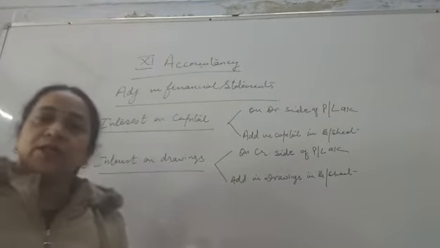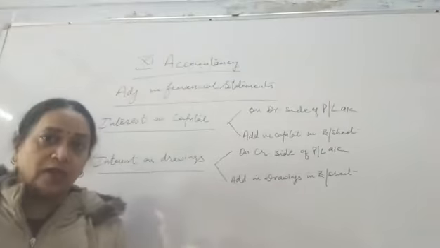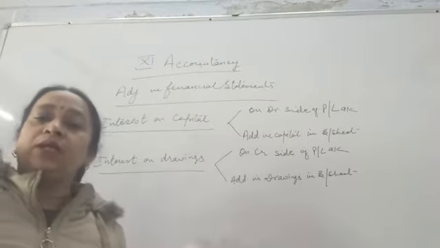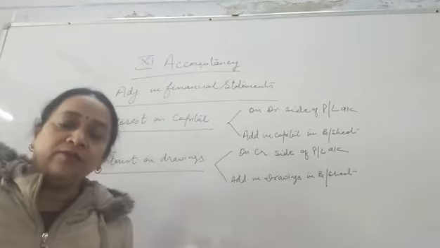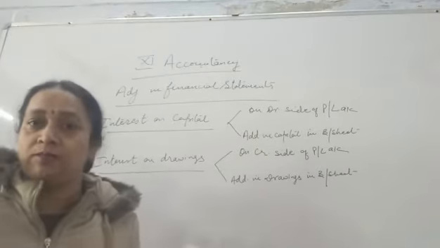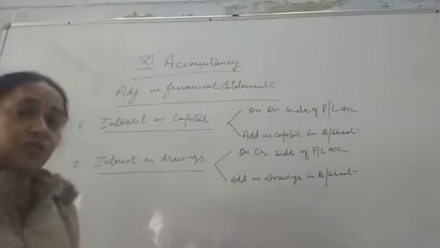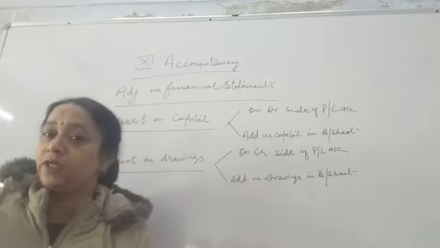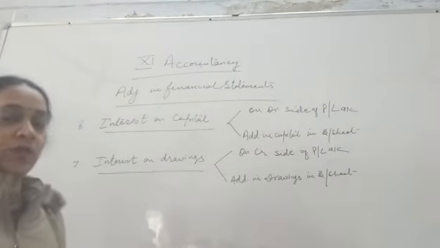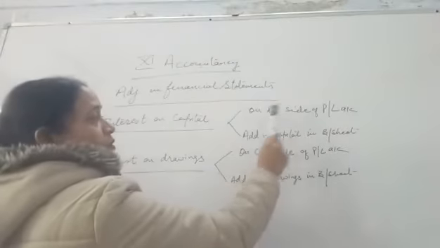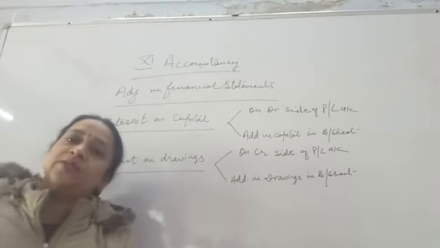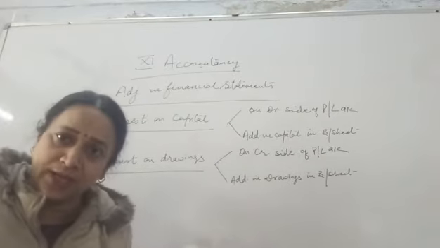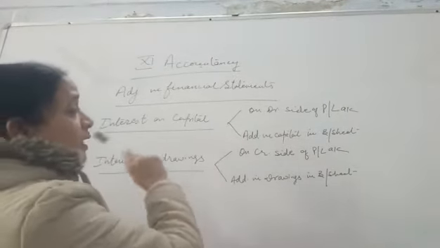Interest on capital is an expense for business, and you know very well the PL account deals with all the expenses and incomes. Because it is not a direct expense which is directly related with production, it will be shown in PL account on the debit side, because as per the nominal account rule all expenses and losses are to be debited, and it will be added.